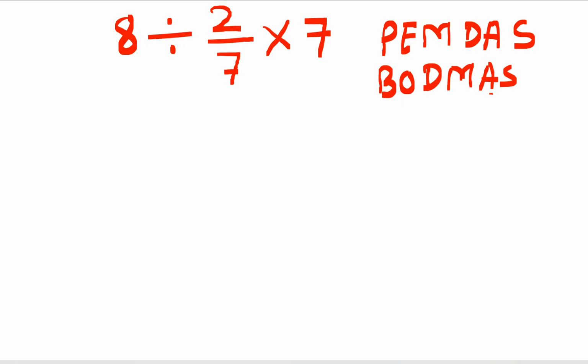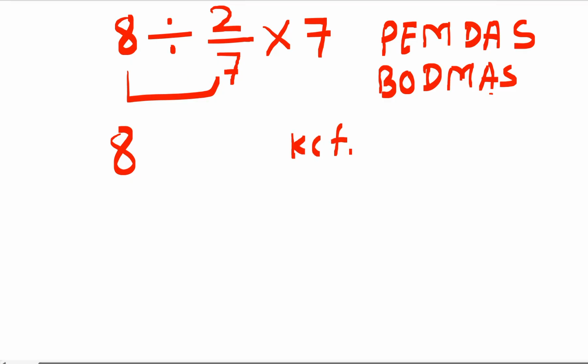So in this expression there are no parentheses, no brackets, and no exponents given. There are multiplication and division in this expression. So first we will solve 8 divided by 2 upon 7. To solve this, we use the KCF rule: keep, change, flip. So keep 8 divided by, change it to a multiply sign, and flip 2 upon 7 to 7 upon 2, and last is